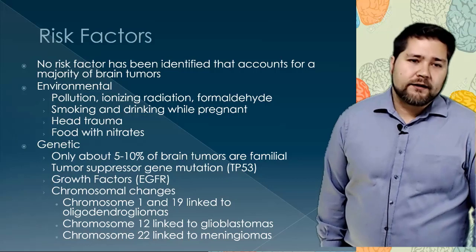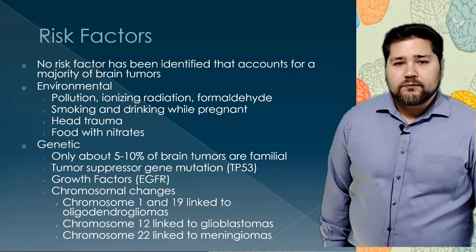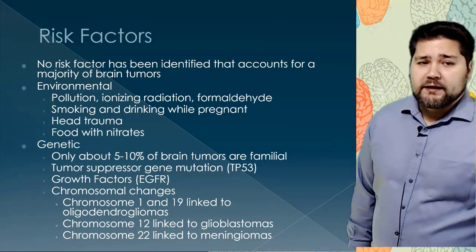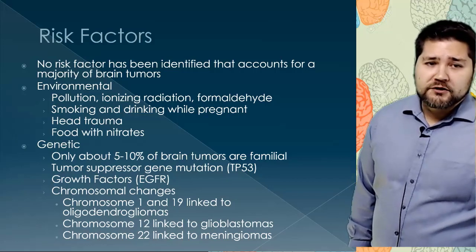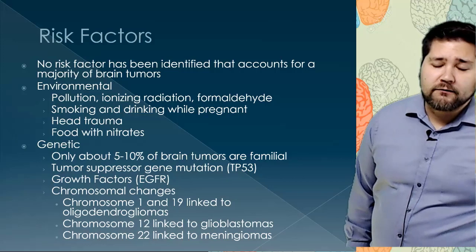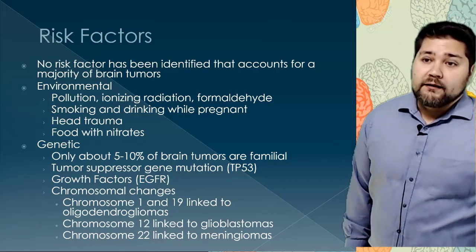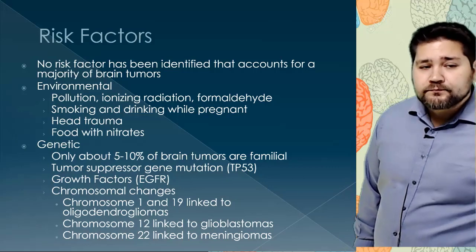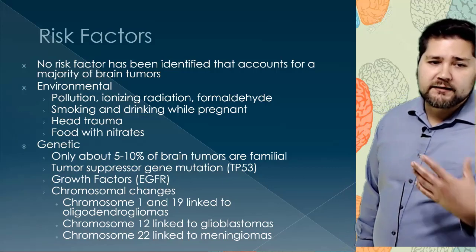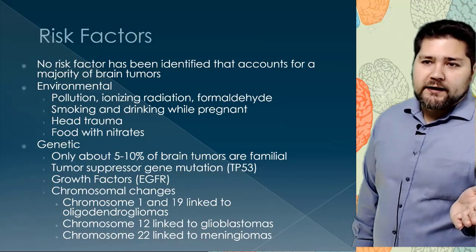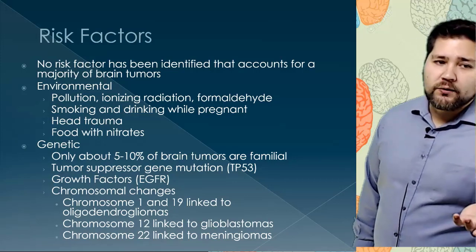Genetics also play a role. So TP53 you'll see make a prominent occurrence in a lot of tumor growth. And anytime we get a mutation in a tumor suppression gene, it just allows the tumors to continue to grow. Additionally, EGFR is another one that can be prominent in a lot of tumor development. But what is interesting and something you should be mindful of is some of these chromosomal links. And because they are documented, I think it's worth knowing that